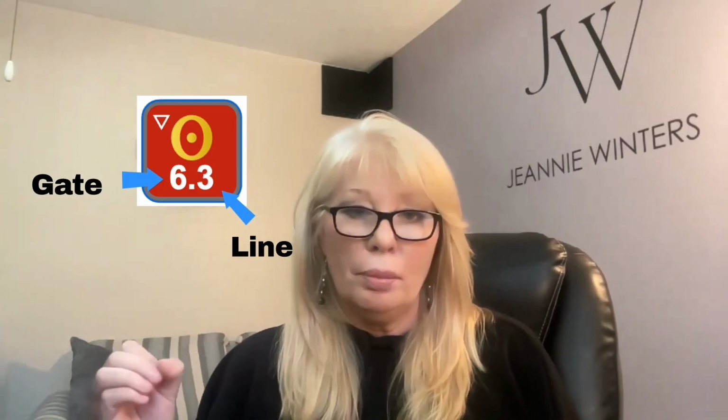The first number in that planetary placement is your gate. Then there's a dot, and the next number is what we call a line. The line is how that personality trait shows up in your life. There are 6 different potentials, and I'll go over those too when I go more deeply into this. I'm giving you an overview right now so that the next several episodes will go into 2 to 4 planetary placements each time, as well as other things that you will not learn from most other human design analysts, coaches, whatever they call teachers.